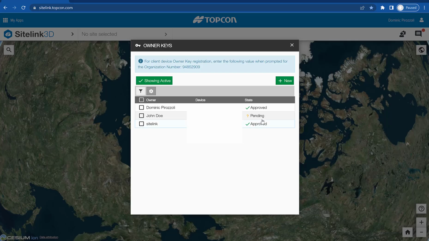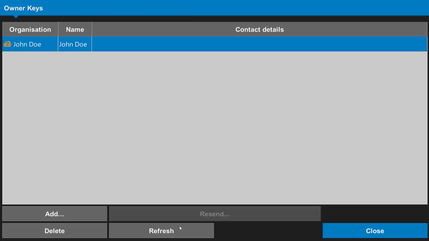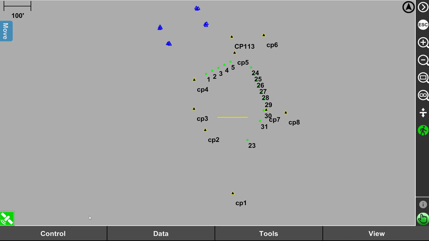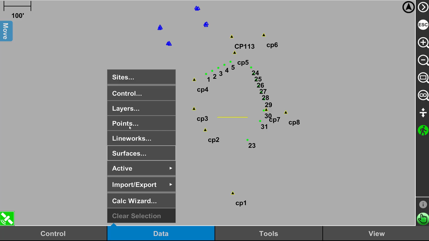Back in Sitelink3D browser, we now have a pending request from the user. We can deny or accept the request. We've accepted the request and now it is approved. Back in Pocket 3D, you'll hit refresh and you will now see that you have a green check mark in the cloud. We'll hit close, close, go back to Data, Sites,